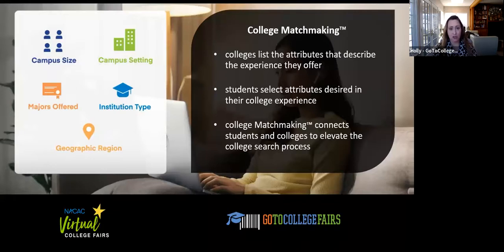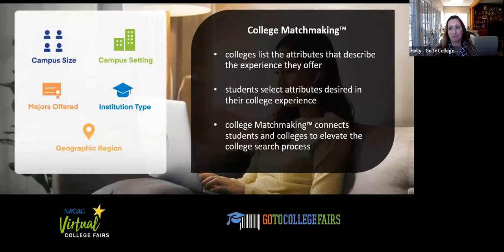And so as we match students and colleges on these attributes, each of those groups are notified. So students are notified with an email. By the way, we define match really tightly. So again, these leads are super, super qualified. We ask for 5 attributes, and we only match you to a student if you have at least 4 of the attributes they're looking for. So this isn't some willy-nilly, we said you were a match, but really only on 1 attribute. You are tightly matched with these students. So never have a concern that these are qualified leads. These are highly qualified leads, more qualified than a list buy, highly, highly qualified leads.